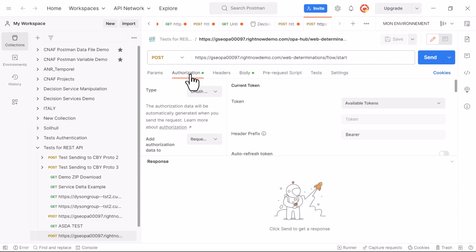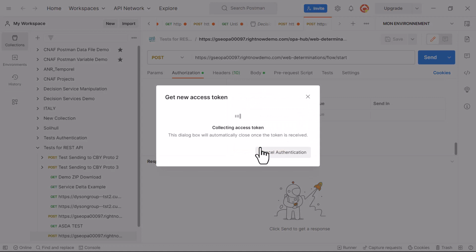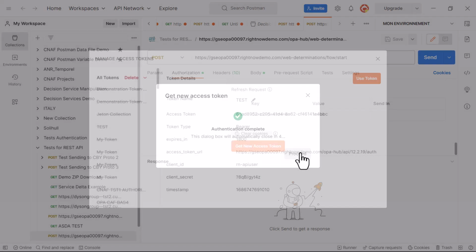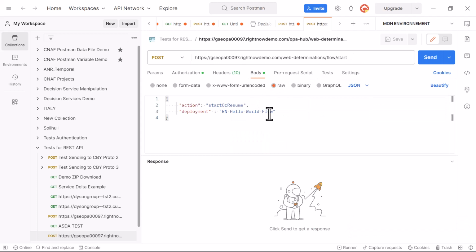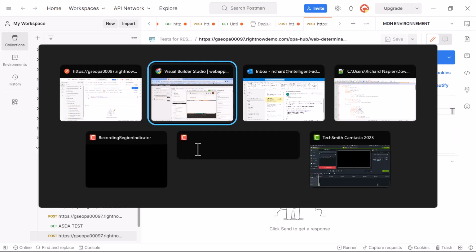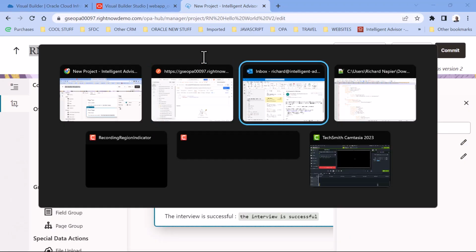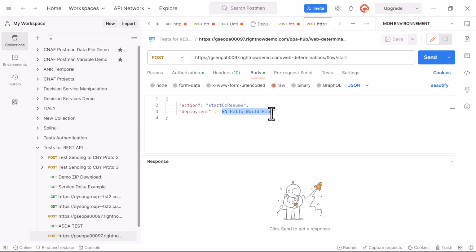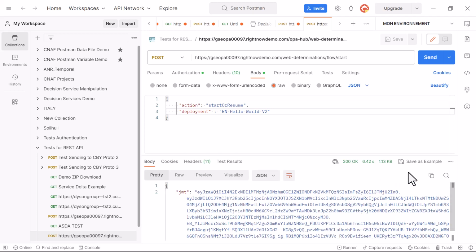So I'll go and make sure, first of all, that I generate an authentication, that I generate a token. And then I'll call flow start, and in the body I'll make sure that I call for the start of the flow for a session of the correct project. I'll send that post request, and the Flow Engine API should send me back a JSON Web Token, which I can then use for my session. So I'm going to copy that,